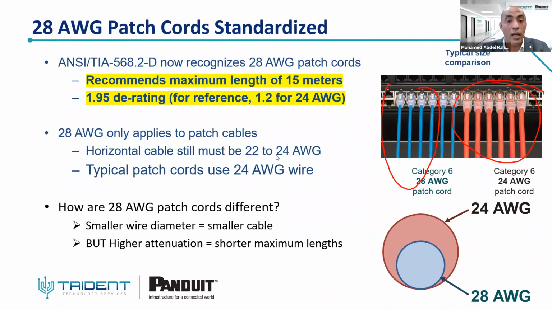It is 24 AWG. The 28 AWG can give you better port visibility. You can have easier management. You can bundle the cable easily inside the cabinet. You can have airflow management inside the cabinet. As you can see here, you have space for your finger to make connections and disconnections for the plug. This is the difference between 28 AWG and 24 AWG from the sizing perspective.